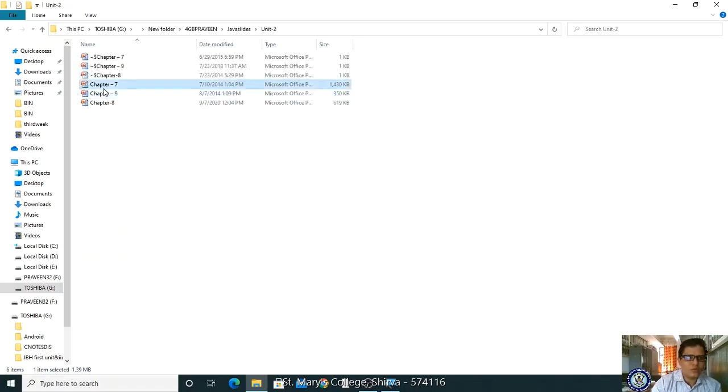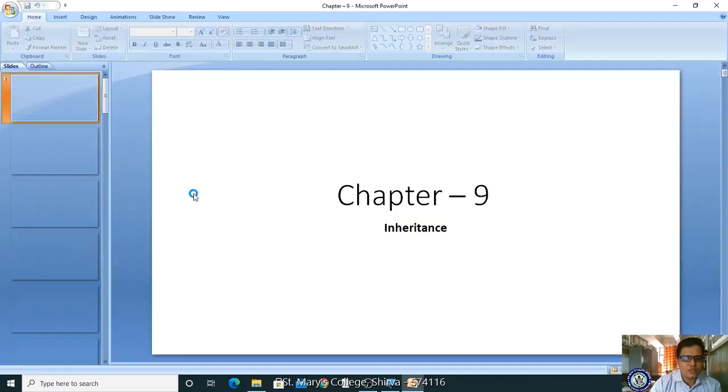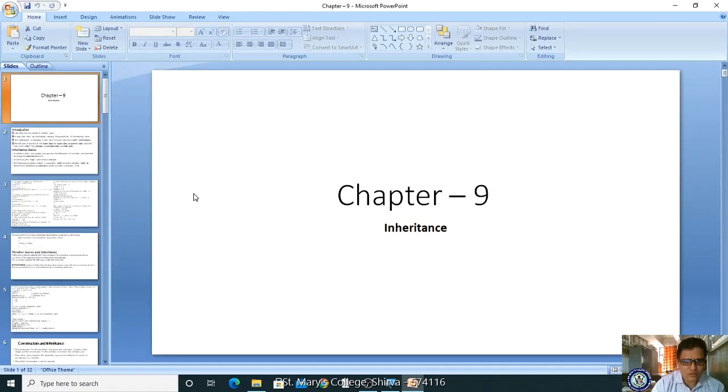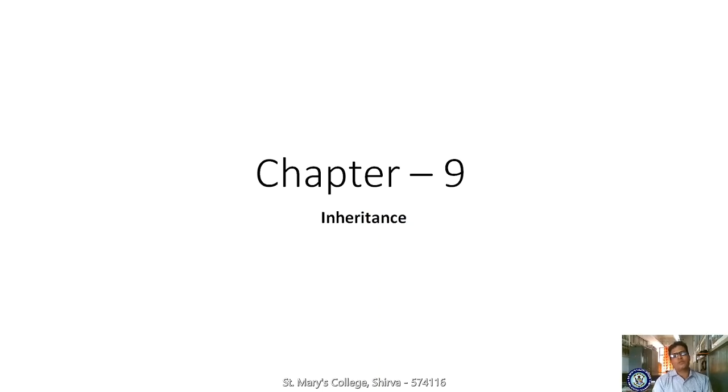Okay, now we are moving to chapter 9. This is also a very important concept. This concept is inheritance. Already you are familiar with inheritance. What is inheritance? Accessing the properties of the base class, base class means parent class, by the child class. Why are we accessing? Because to develop a new thing. If we want to develop a new thing, we have to access the properties of old things, modify that, supply new things, and design a new product.